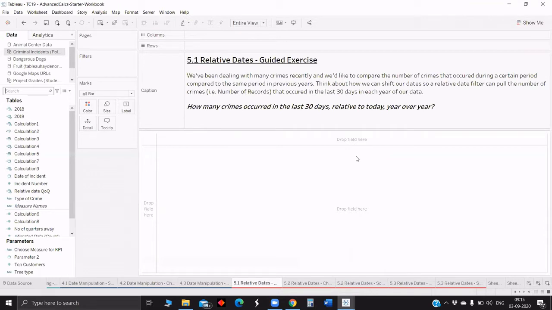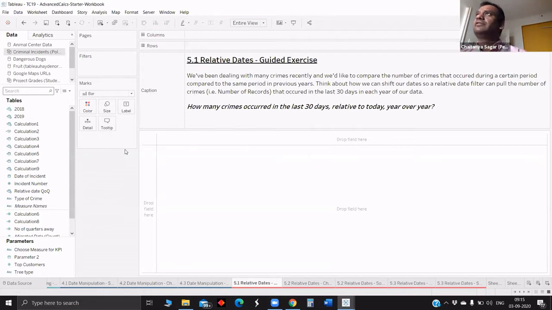So I can start off. Let me think through this. Basically, we'll have to get the current date and the date 30 days ago. I think that was August 4th or something, right? If it is yesterday, it will actually start from the 4th because there are 31 days in August. So that will be 4th to 2nd if it is exactly 30 days. So basically you get the 2 dates and you just change the year. That should be fine. Is that the logic or is there anything else?